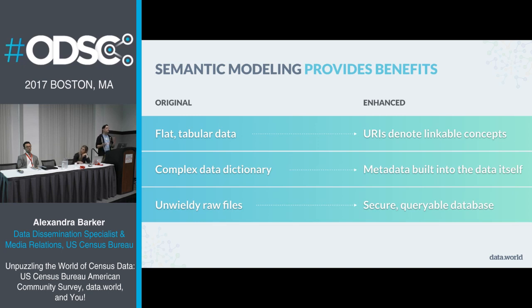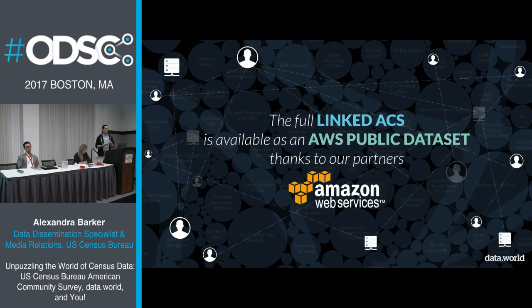And it's difficult to work with because it has such a high learning curve, right? And it has a high learning curve because you're constantly referencing between the data and the data dictionary. Well, I turned everything into a queryable graph database where it's now hosted thanks to our partners at Amazon Web Service. It's actually one of the public data sets that are available for free to use on Amazon S3, and you can develop one of those cool apps that Alexandra was just showing.